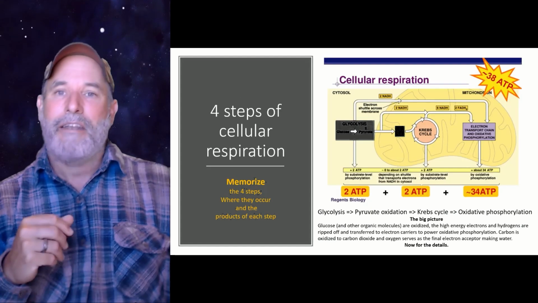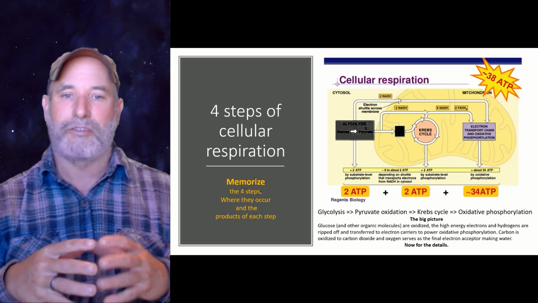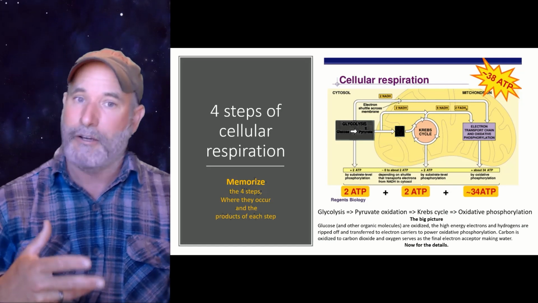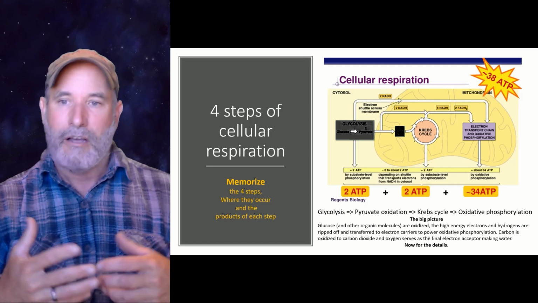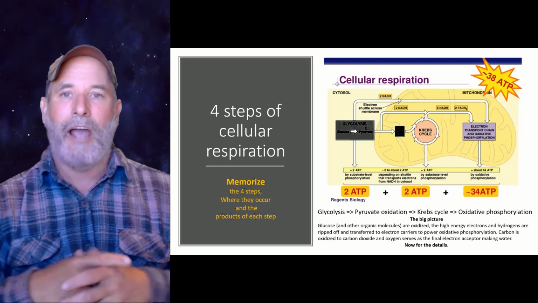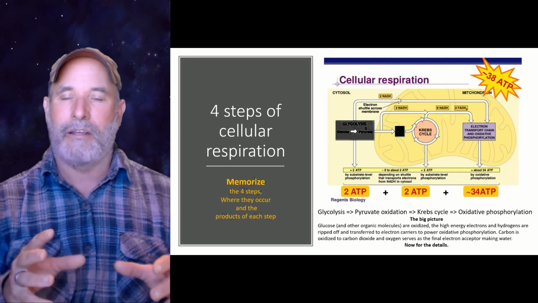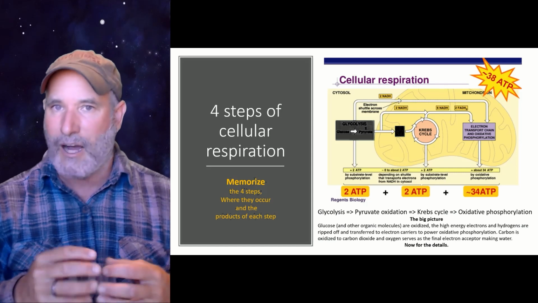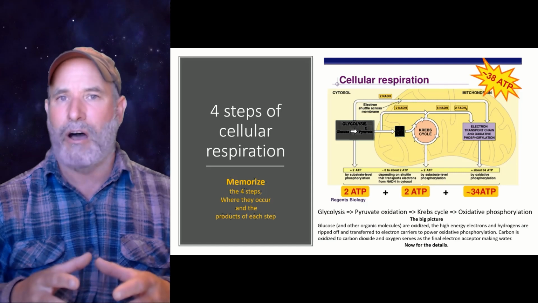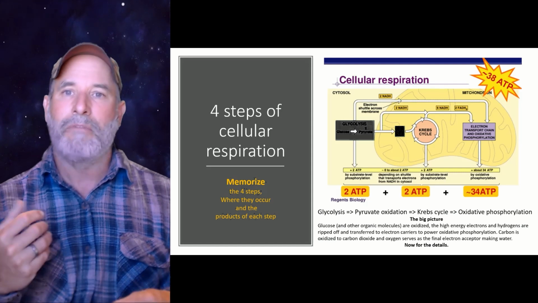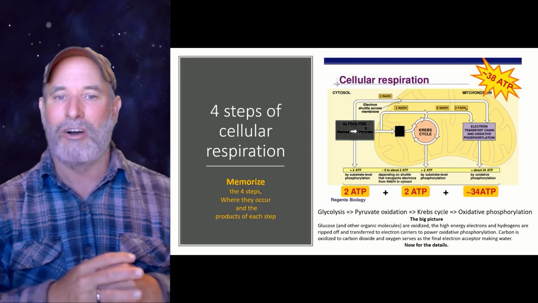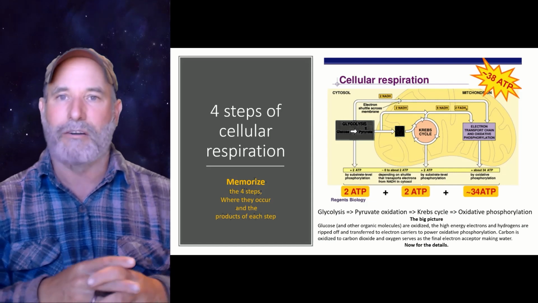Let's dive right in. Now, a lot of people talk about the steps or stages of cellular respiration. Some books and some resources, some videos, have 3 stages. Some have 3 plus a linker. Others have 4 steps. I usually go with 4 steps. And I consider this one called pyruvate oxidation to be an individual step. However, I think it's probably better thought of as a linking reaction between glycolysis and the Krebs cycle. Now, since you haven't seen this video yet, you might not know what glycolysis and the Krebs cycle are.